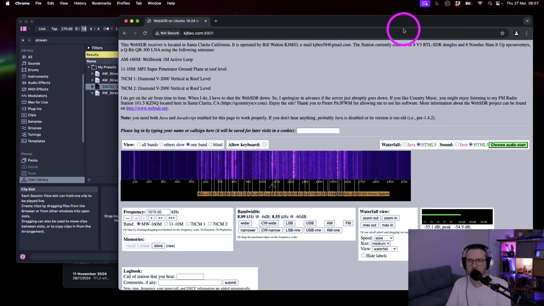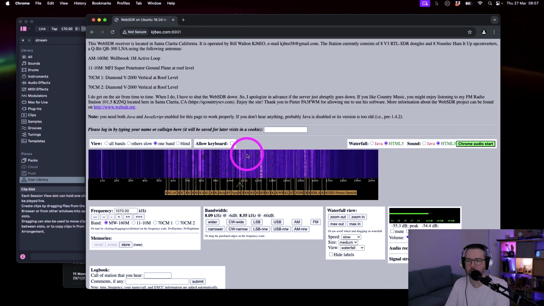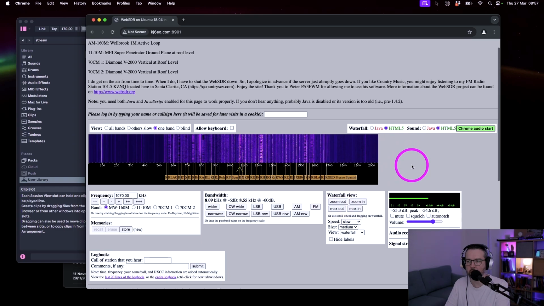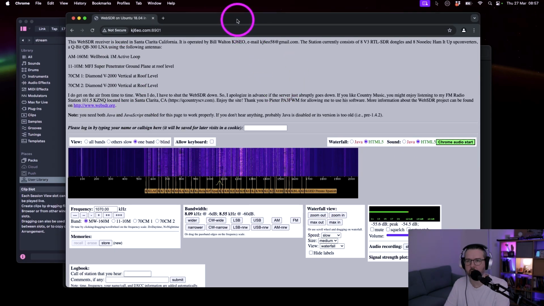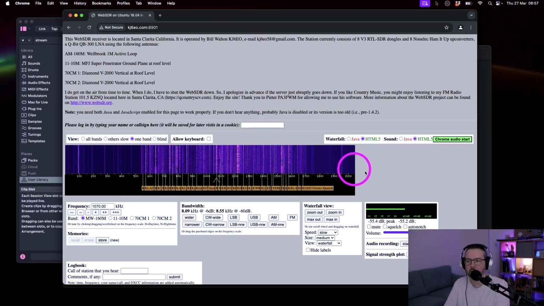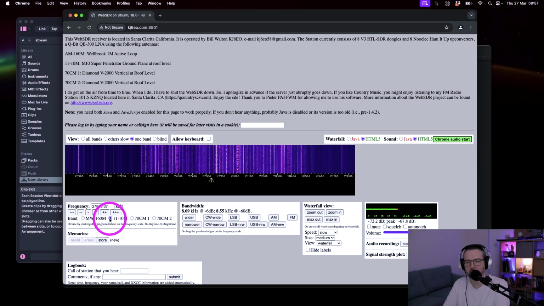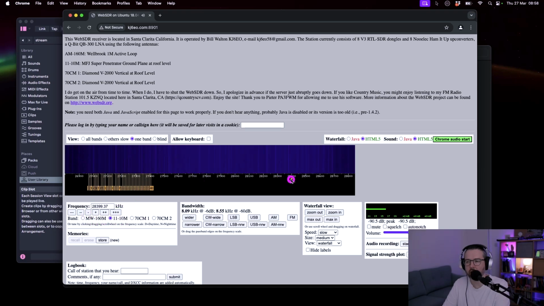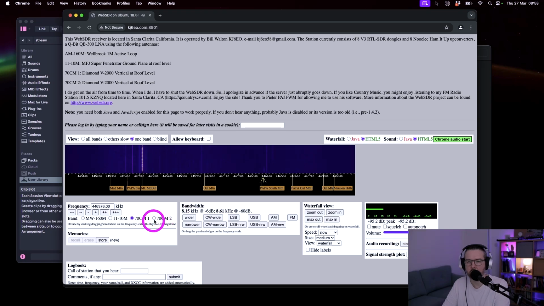I've actually got this Chrome-based radio browser. What is it called? I don't know. It's some kind of online radio station. Hopefully this will pick up. You can scan through like this and you can select different bands and stuff. I thought this would be good for some stuff. You could change the bandwidth and the frequency. Pretty cool.